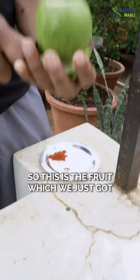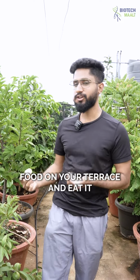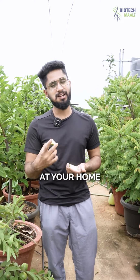So this is the fruit which we just got, and actually as usual it is too good. It gives you immense happiness when you grow food on your terrace and eat it, and this is one of the examples for that. You can even try this at your home